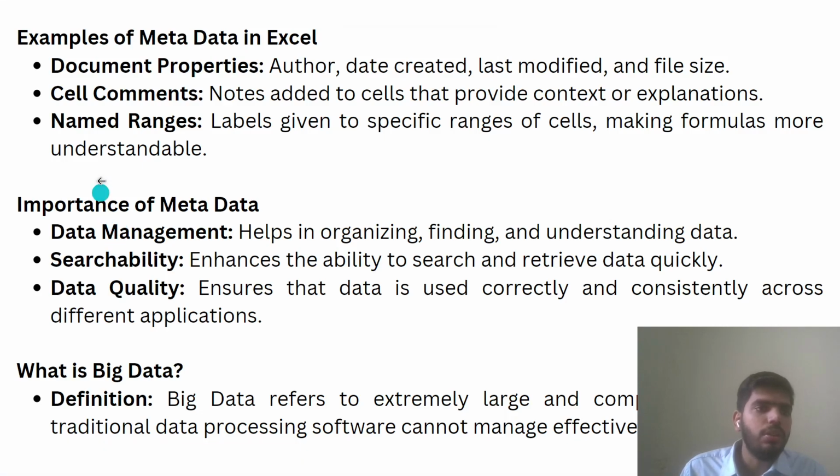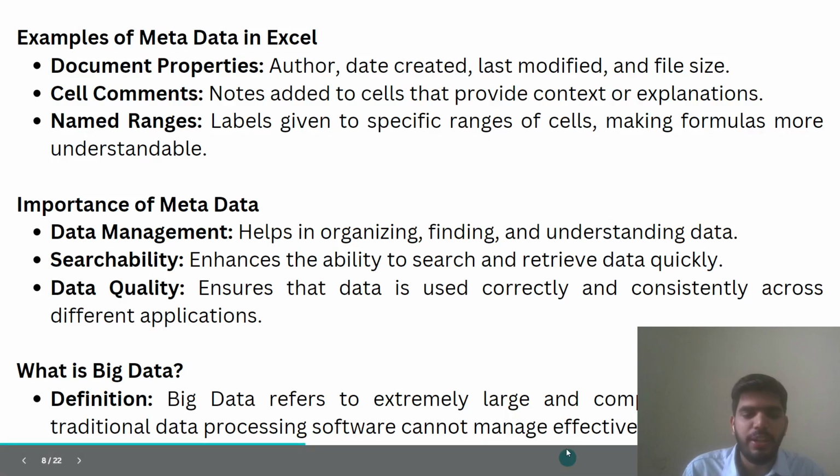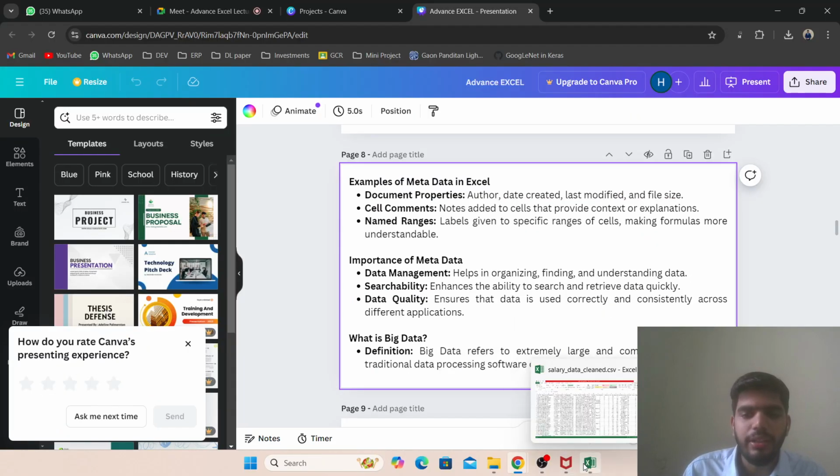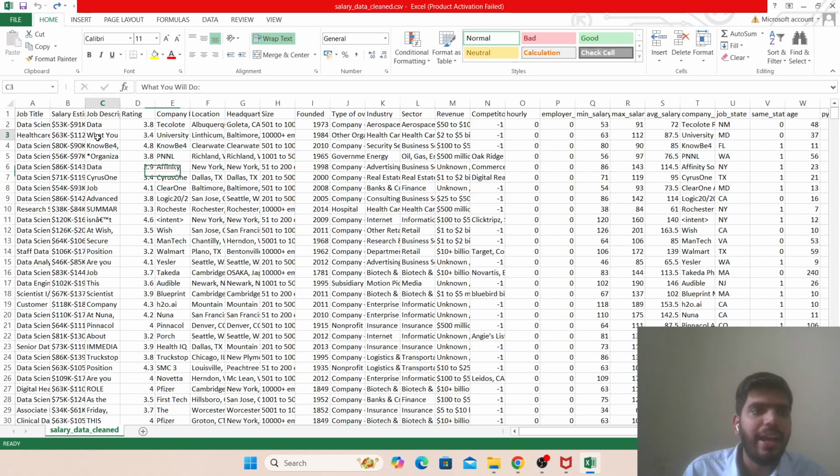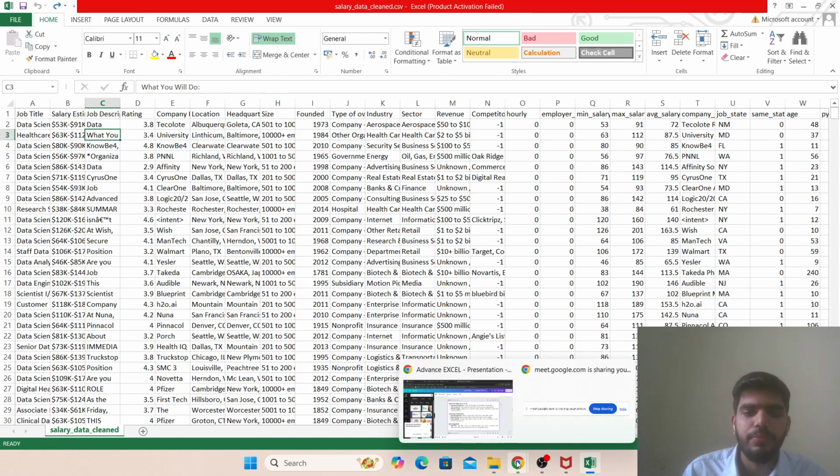Right. So examples of metadata are document properties: author, date created, last modified, and file size. So we saw what it is. Then cell comments. In every cell, I can add a comment, notes added to cells that provide context or explanations. So if I take a cell, in this cell I can give some description, some comment.